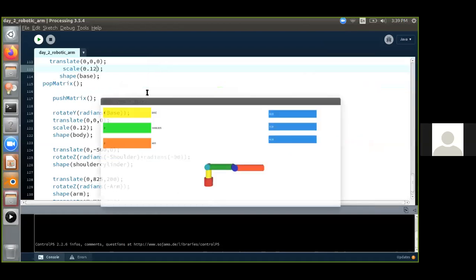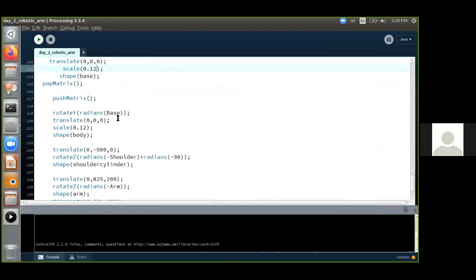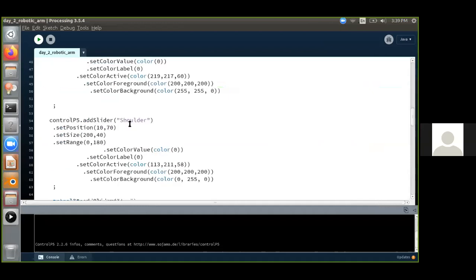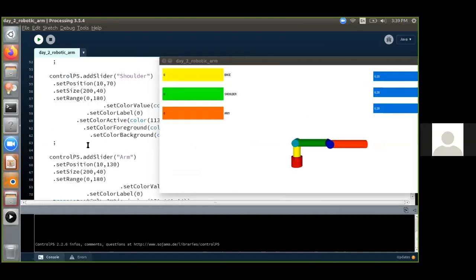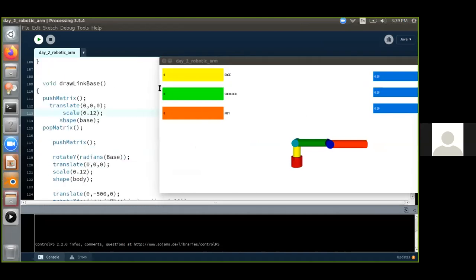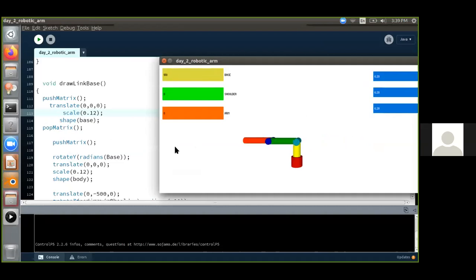What happens here is the slider base value you give, the shape value, whether you're giving 18 degree or 180 degree, that base value is transferred to the base over here. That is to the program. In this base, that base value comes over here, or from the top to here. So it rotates along the y in the base, for the base.